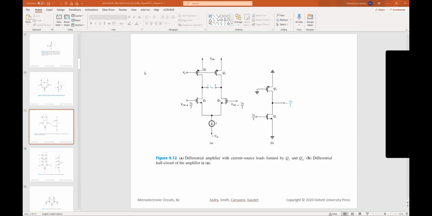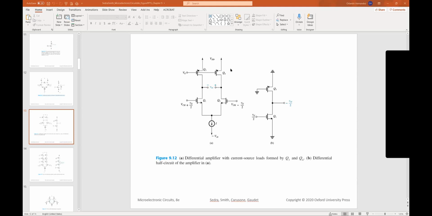So it would look like this. These are your RDs, Q3 and Q4. Okay. And then when I go back, I'm going to just write the differential gain, taking into account the fact that these are transistors and RD is not really an RD. But then I'm going to